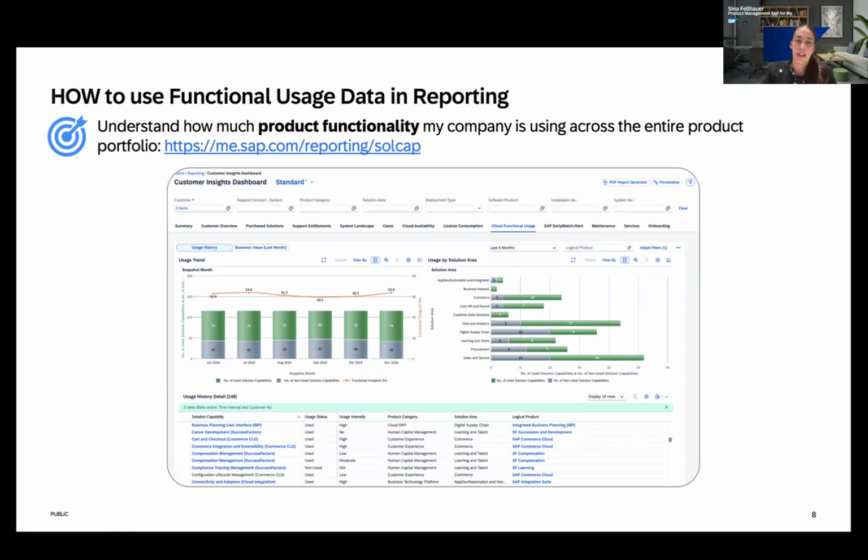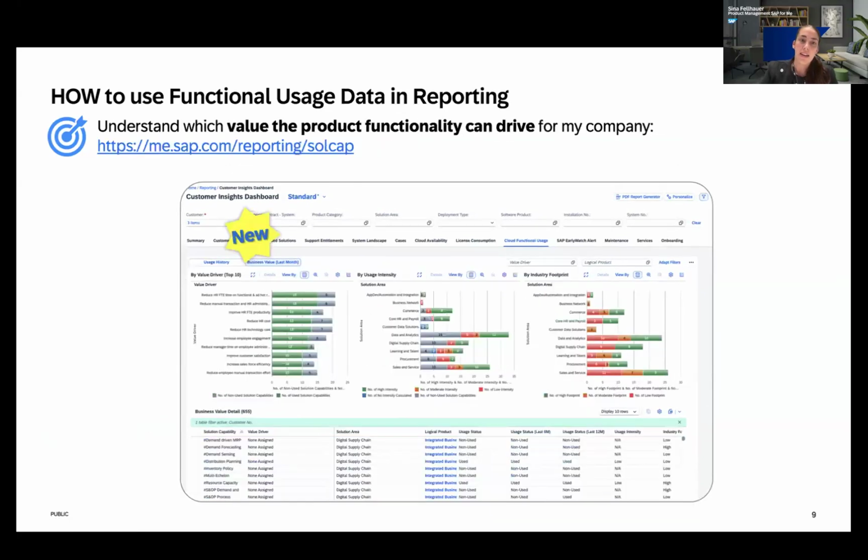I will go into this in just a second, but staying one more moment with the reporting dashboard, you see here the sub-tab usage history, which is what I just explained. And then you see here the business value. So I'm just going to add the explanations here of what you can see, and then I'm going to jump into the business value. And this is pretty new. We only added this in the last couple of months.